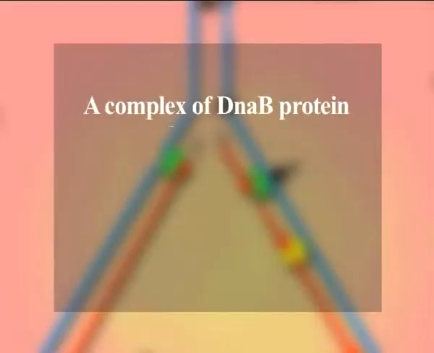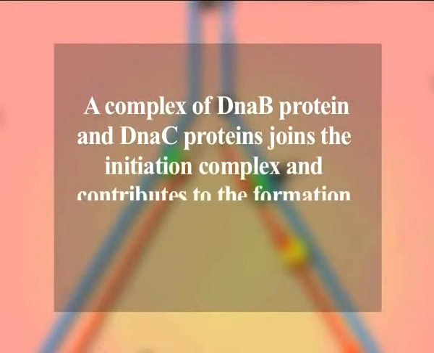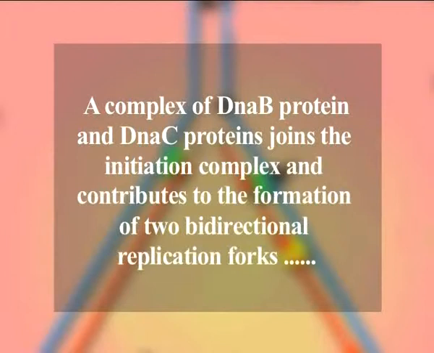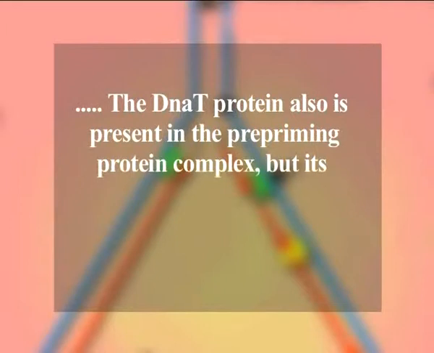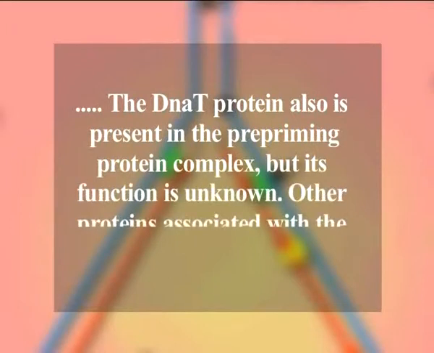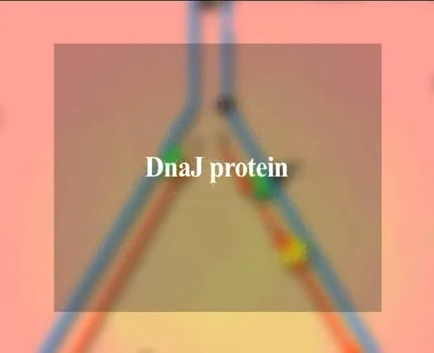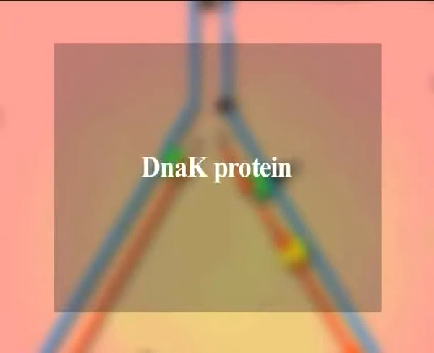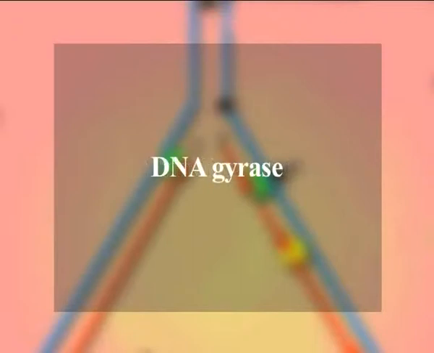A complex of DNA-B protein and DNA-C protein joins the insertion complex and contributes to the formation of the two bidirectional replication forks. The DNA-T protein also is present in the pre-priming protein complex, but its function is unknown. Other proteins associated with the initiation complex at oriC are DNA-J protein, DNA-K protein, PRI-A protein, PRI-B protein, PRI-C protein, DNA binding proteins, DNA gyrase and